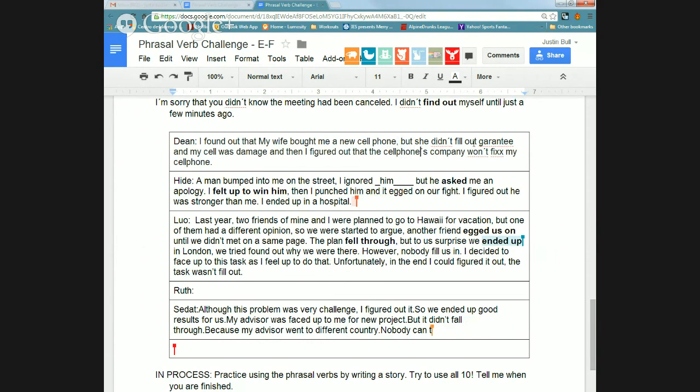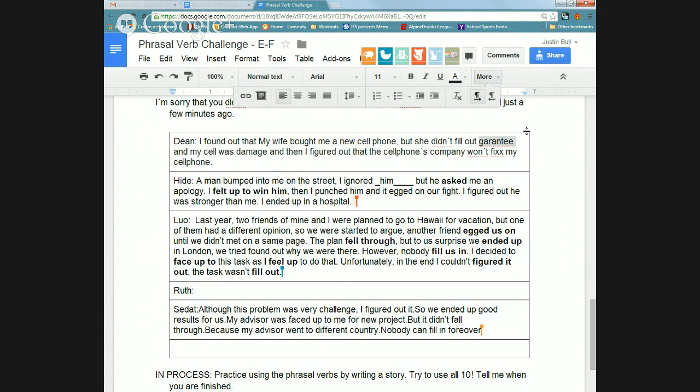All right, but she didn't fill out the guarantee. We usually don't call it a guarantee when we're talking about products. I mean, sometimes we could say like a lifetime guarantee. No, we have a better word for this. Anybody know it? Me, teacher. Warranty. Exactly. Fill out, and we don't just say warranty, we need to have an article. Fill out the warranty. You have to say the warranty.